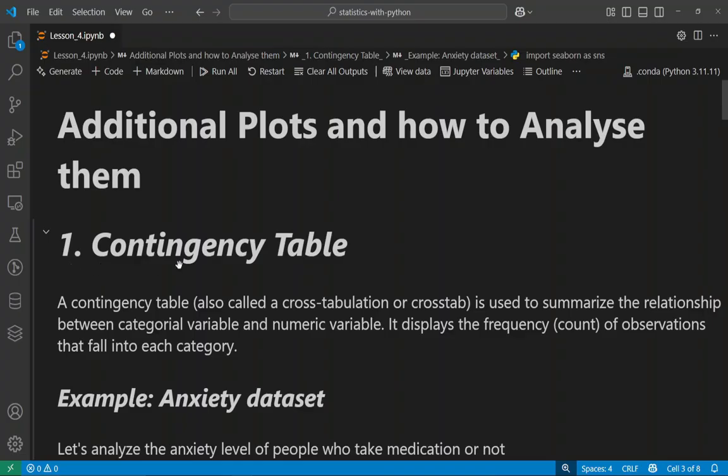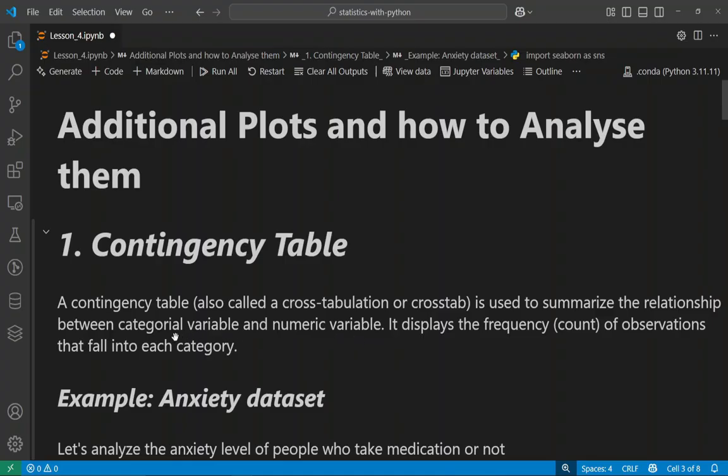So first one is the contingency table. So what is a contingency table? A contingency table, also called a cross tabulation or crosstab, is used to summarize the relationship between a categorical variable and a numeric variable.